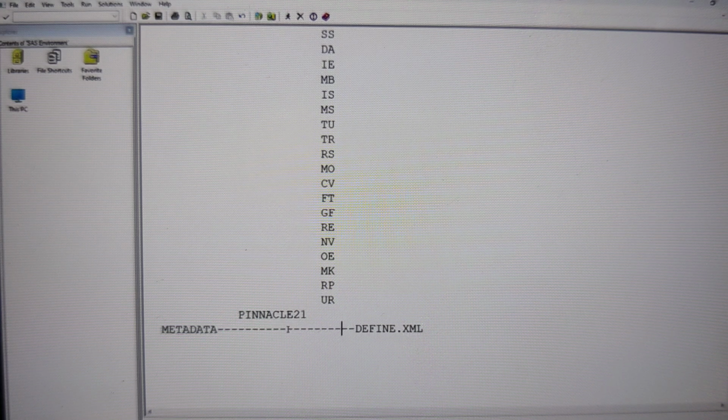We will discuss how to generate the define.xml. And not only to generate the define.xml, by using this Pinnacle 21, we can also check the CDISC compliance. So it is an officially accepted tool by CDISC. Everybody is going to use only Pinnacle 21 to generate the metadata in the define.xml format. At the end of the SDTM, after generating all the SDTM datasets, I will show you how to generate the define.xml and how to interpret the results.